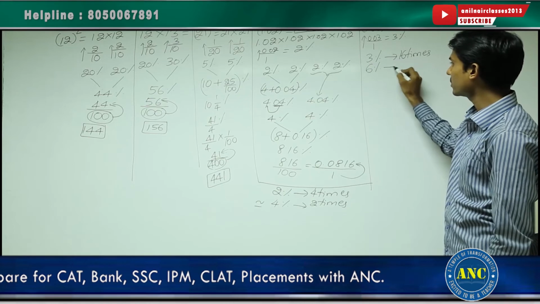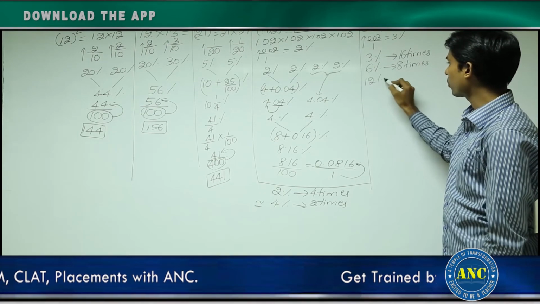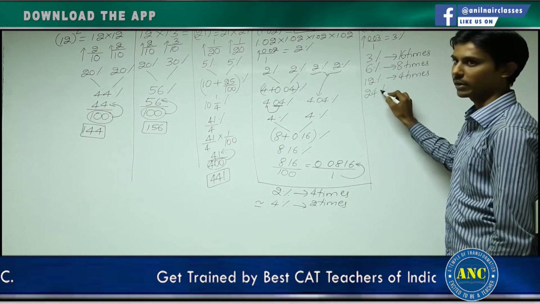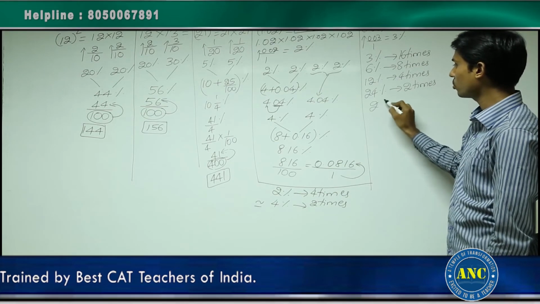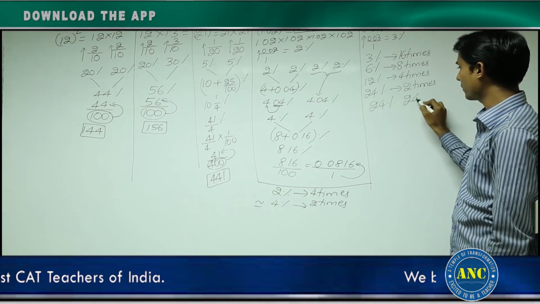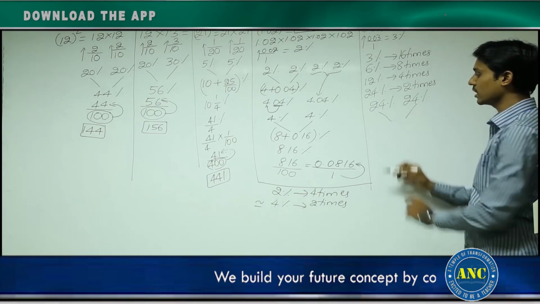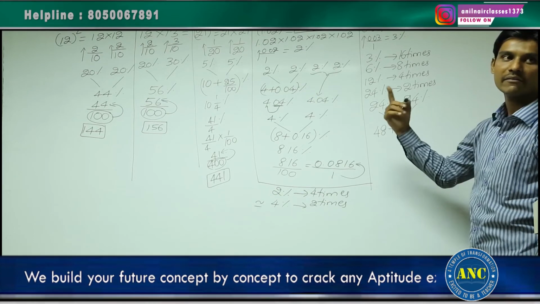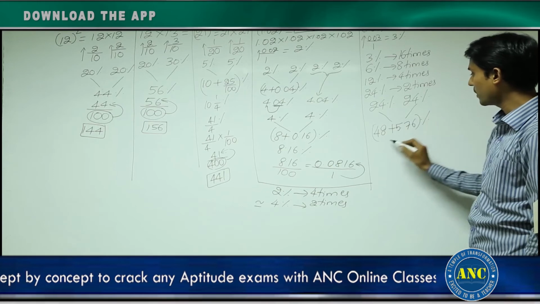It approximately 6 percentage is 8 times. This becomes 12 percentage 4 times. This approximately becomes 24 percentage 2 times. Understanding the approach? 24 percentage 2 times. Once you get 2 times, you know how to apply successive percentage. Apply successive percentage. 24 with 24. 24 plus 24 is 48. 24 into 24 by 100. 576 by 100. 5.76 percentage. 48 plus 5.76 is